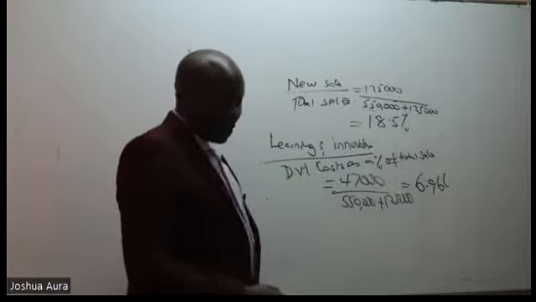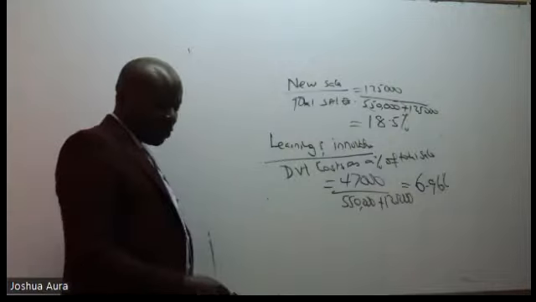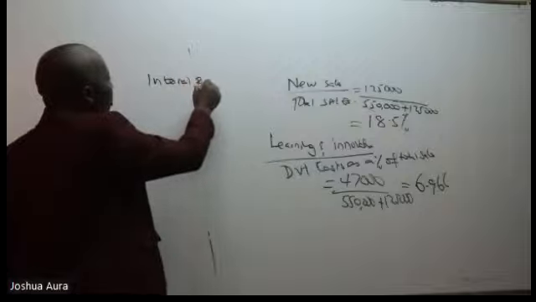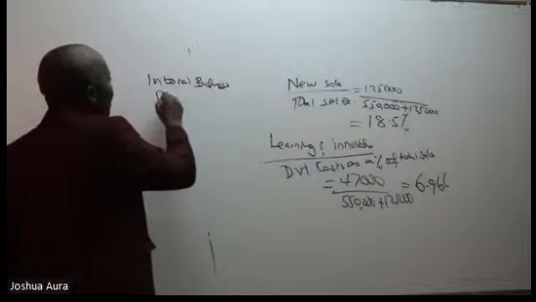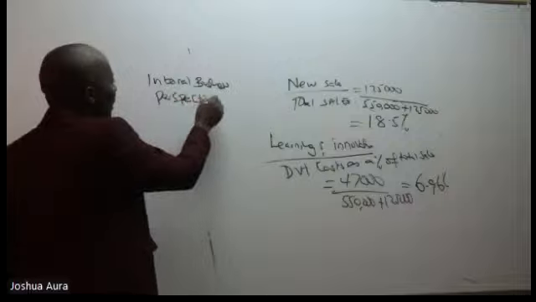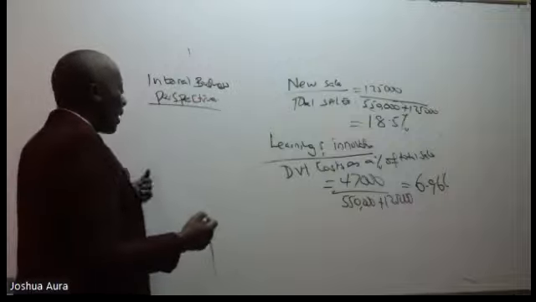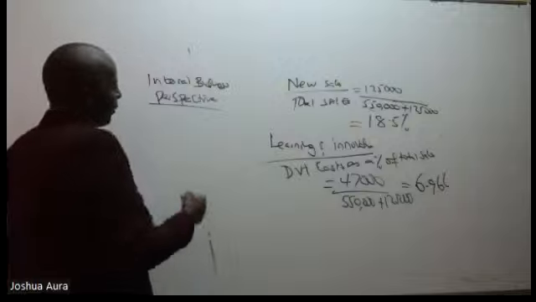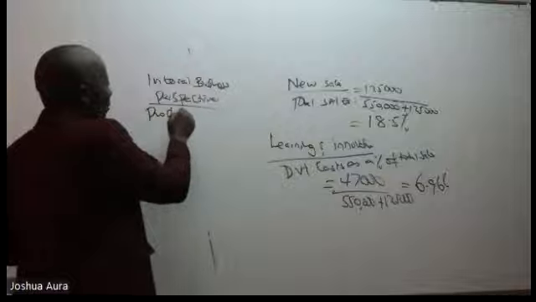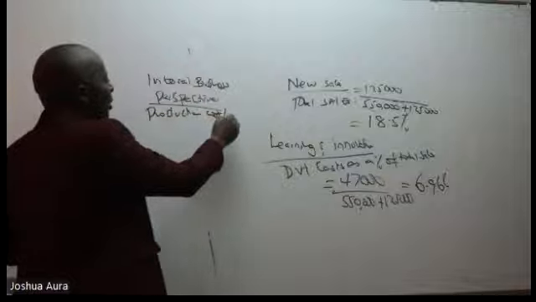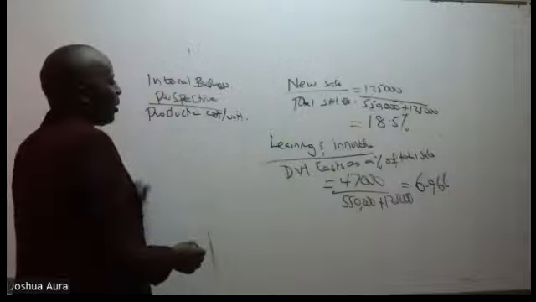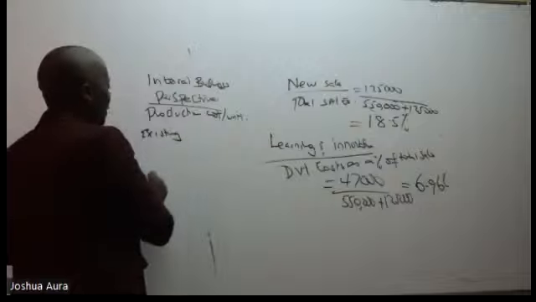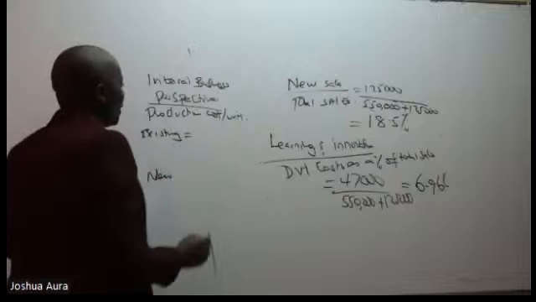Great. Now from there we have, ladies and gentlemen, the internal business perspective. Here the only way out is for us to look at the efficiency in terms of production cost. So production cost per unit. And here we are lucky because you can separate into existing versus new. So existing production cost,